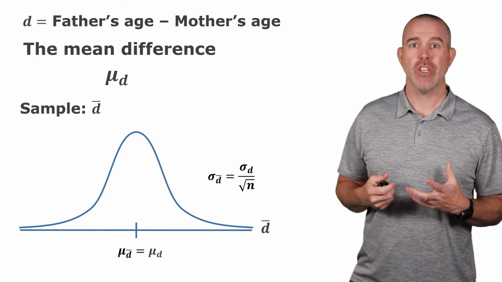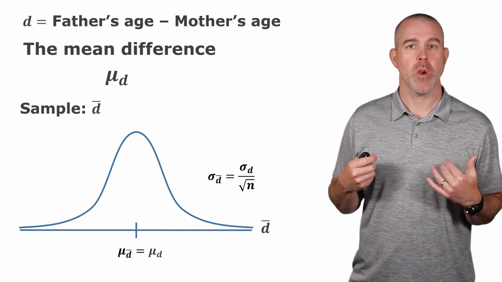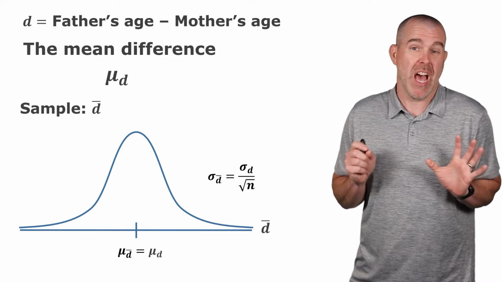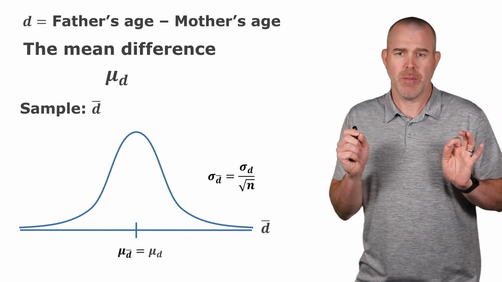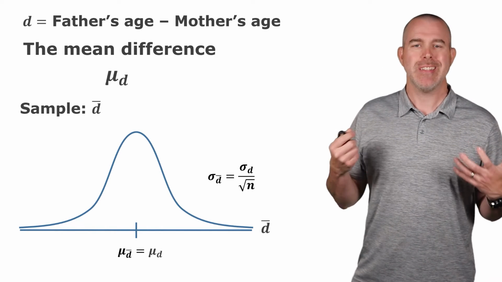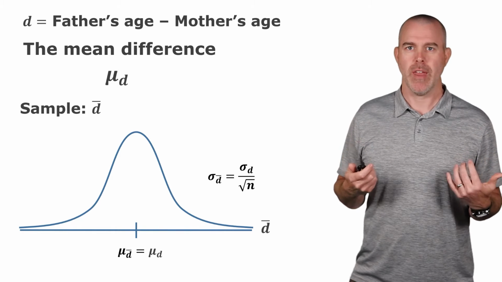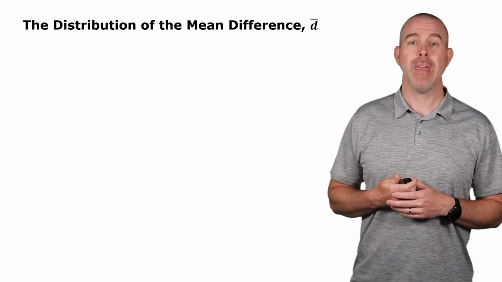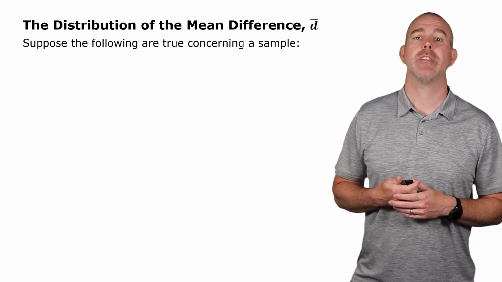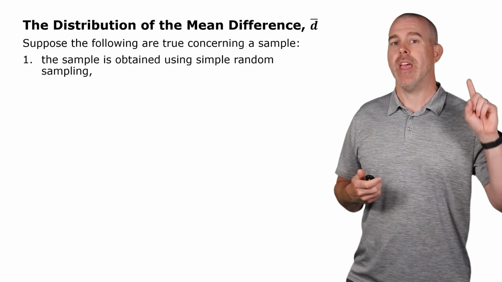And the standard deviation is the standard deviation over the square root of n. So this should look kind of familiar. There's a lot of funky subscripts here, but it's the standard deviation over the square root of n. So for the distribution of the mean difference, the sample mean difference, if we have these things true,